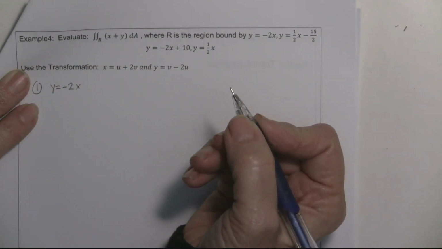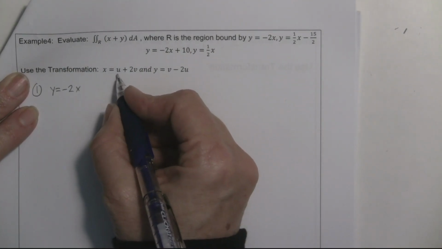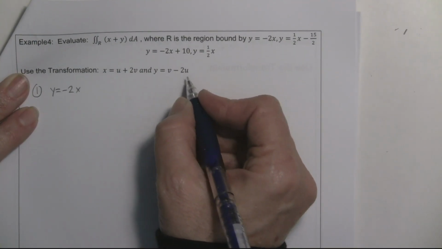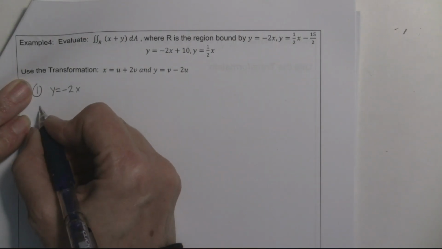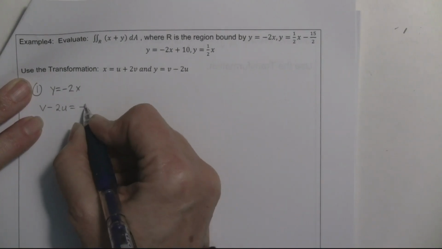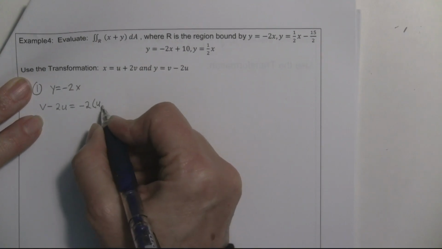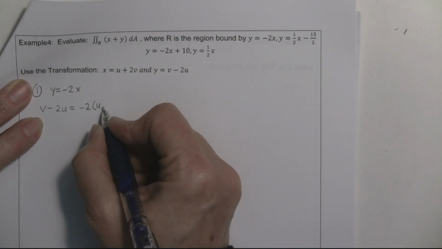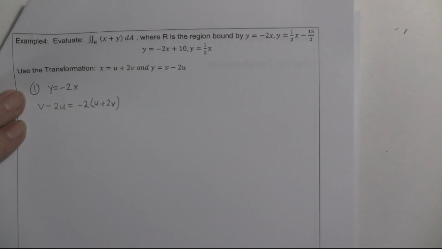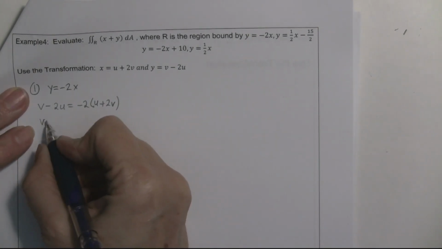They told us to let x be u plus 2v and y be v minus 2u. So where I see y, I'm going to write v minus 2u equals, and then minus, and then x was u plus 2v. I'm just going to plug it in. And what I want to do is make that look a little bit nicer. And so when I distribute here,